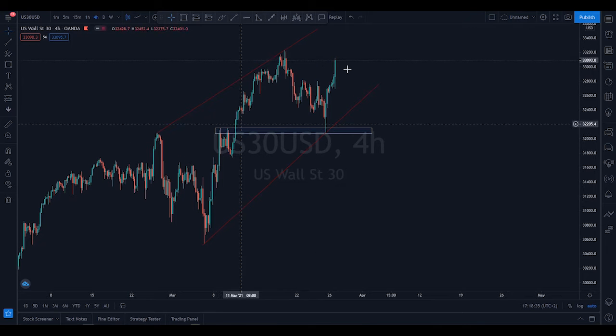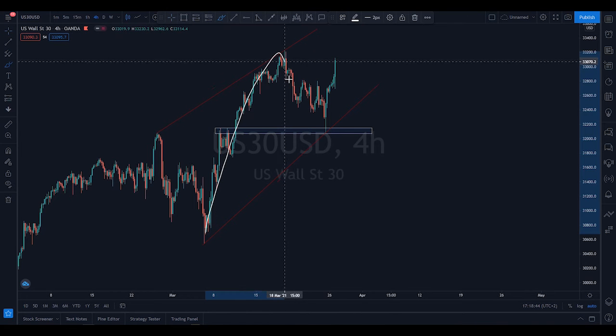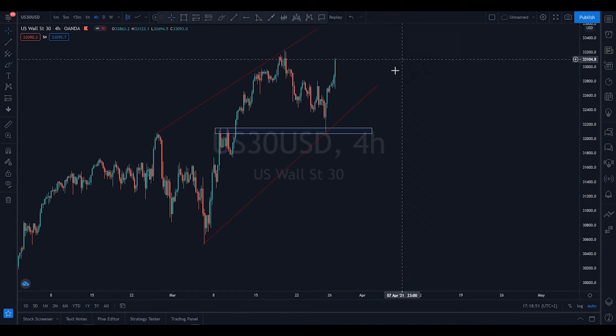Looking inside that, we see that we had an impulsive move, let me just draw it for you, and then we started correcting. Then we broke that correction, and now we're currently on an impulsive move. So meaning that